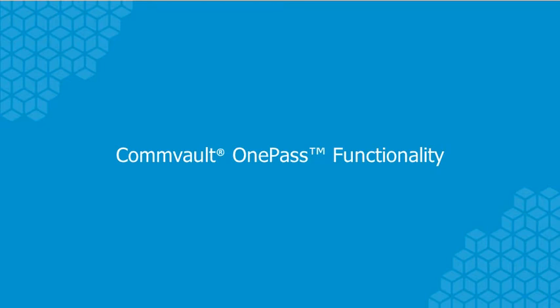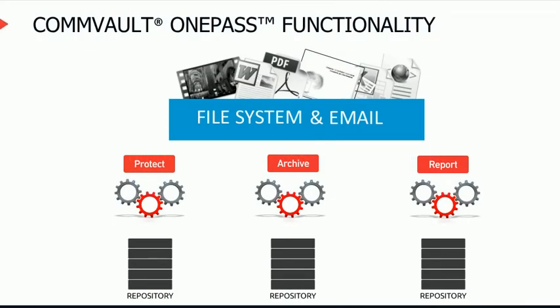Now let's have a look at CommVault OnePass functionality. In traditional data management, processes such as the protection, archiving, and reporting of unstructured data have typically been conducted as 3 distinct processes, each of which requires some form of a scan phase, a collect or selection phase, and a phase to transfer data. As datasets have grown increasingly large, the capability to conduct multiple processes for a single dataset